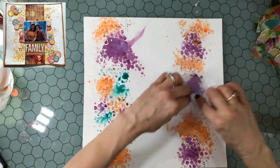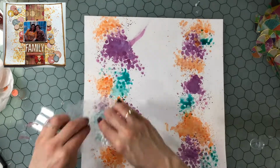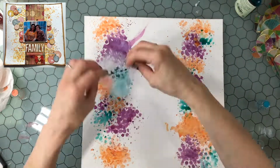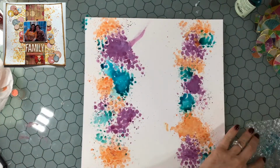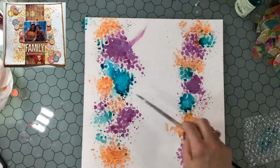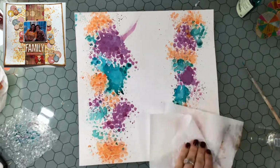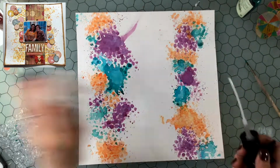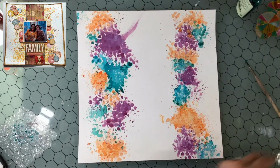And then I also decided to add some blue. I'm not sure where I came up with this color scheme. I just kept adding colors until I felt like I liked the color palette that was on the background. So for the blue, I'm using a Tattered Angels Glimmer Mist in Dragonfly, and I'm also using an Art Anthology spray, and the color for that is Siesta. And you can see I'm just using the same process where I'm putting down some color with the bubble wrap and then also splattering. So now I'm sprinkling some water on the background,